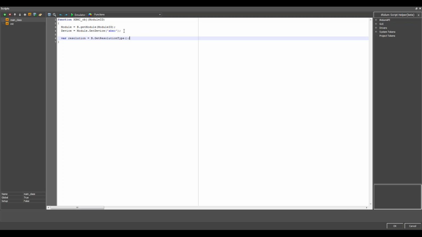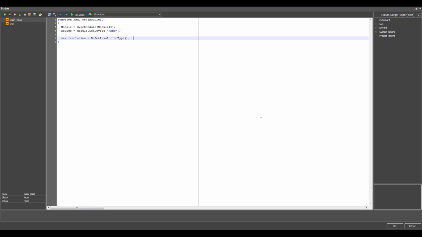Okay, when somebody downloads your module from iRidium store and starts it, the variable resolution may have two parameters: resolution type phone and resolution type tablet, and we can use it for opening tablet remote control or smartphone remote control.